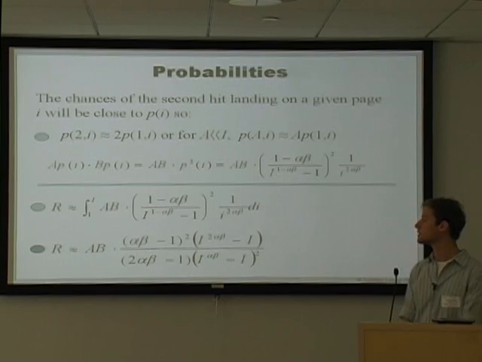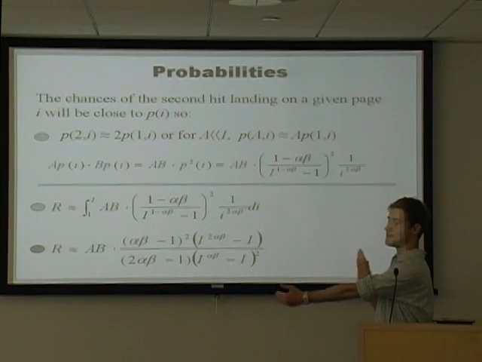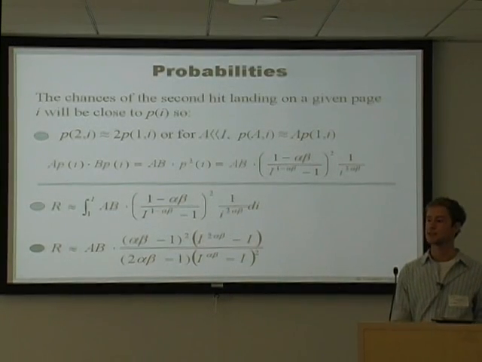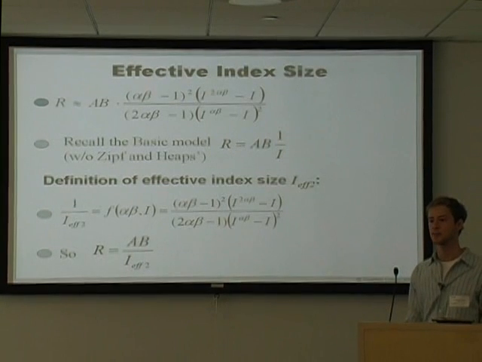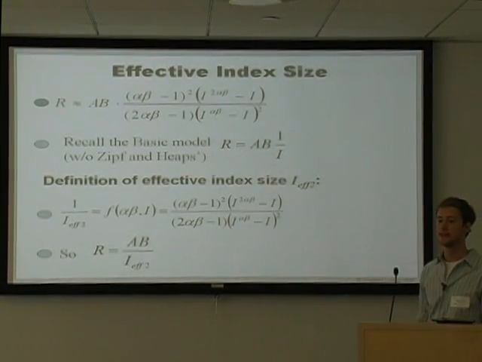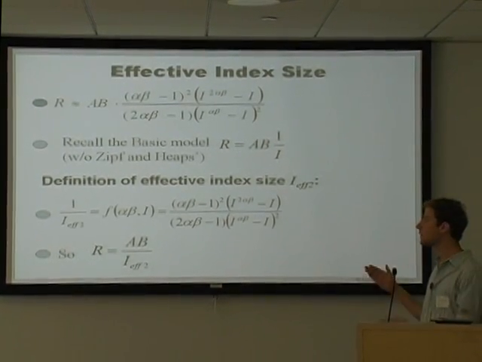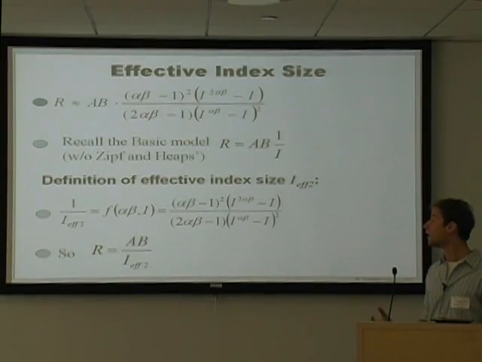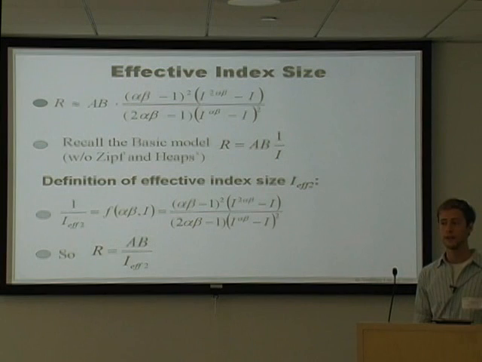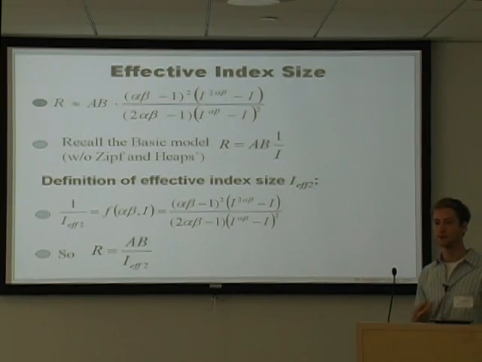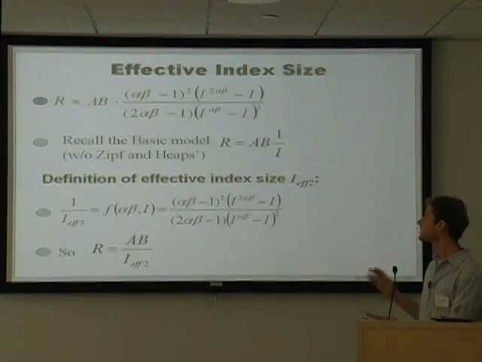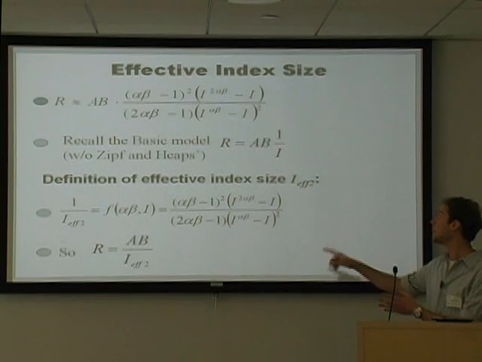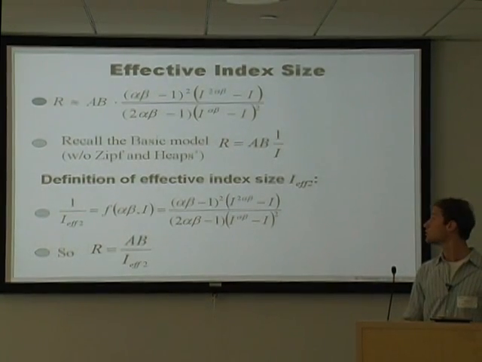Now, if we look at this, though, since everything to the right of A times B is a constant, it's really very similar to the basic model, the only difference being that constant. And so we can lump it all together and define it. I call it the effective index size, or I_eff2, the 2 being because it's the effective index size for a pair of words. Just call it that, and it looks the same,